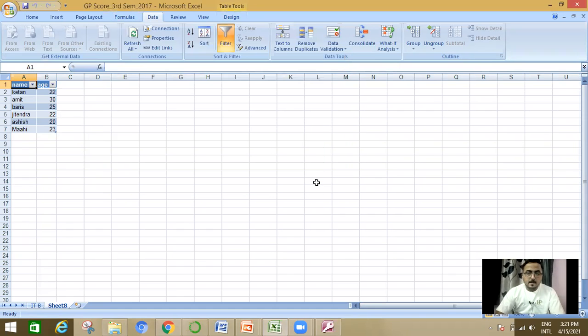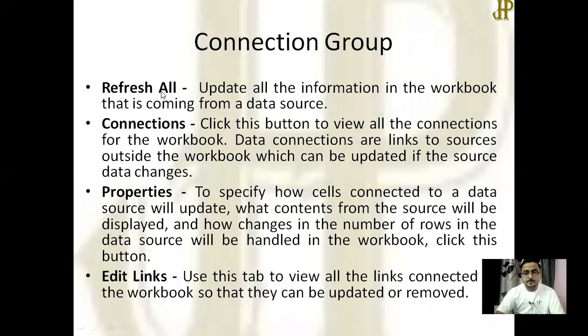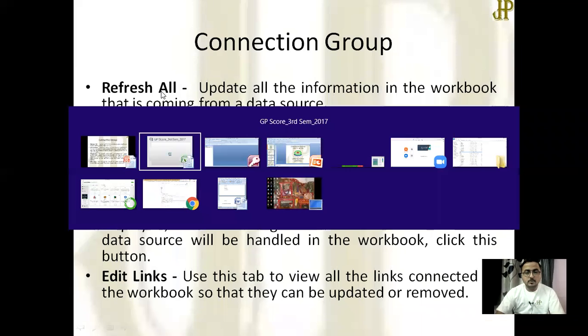Now you want to check or update your sheet with the updated database. So I am going to delete some data from the database HIM table, and I will update that data in our MS Excel sheet. So how is it to be done? It is done with the Refresh All option. So I'm going to show you.